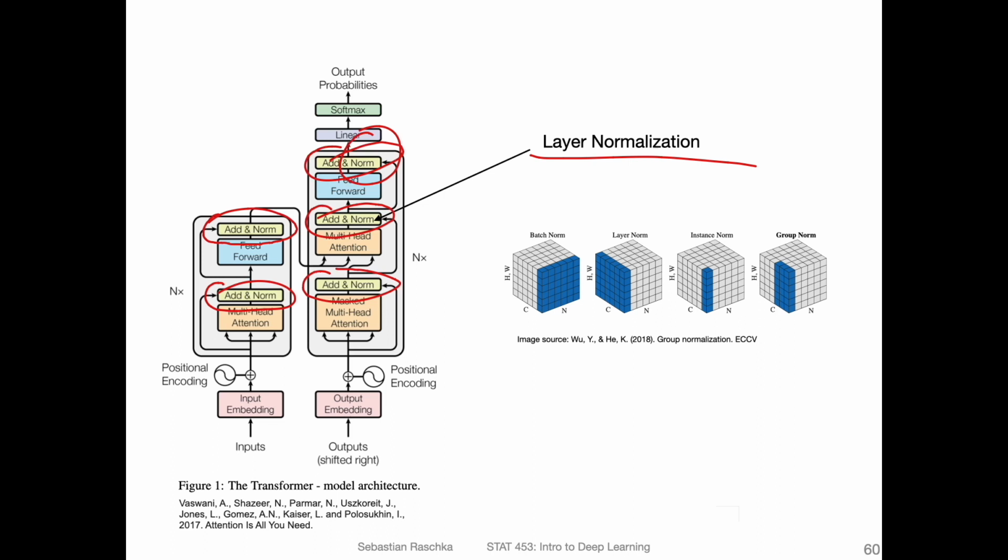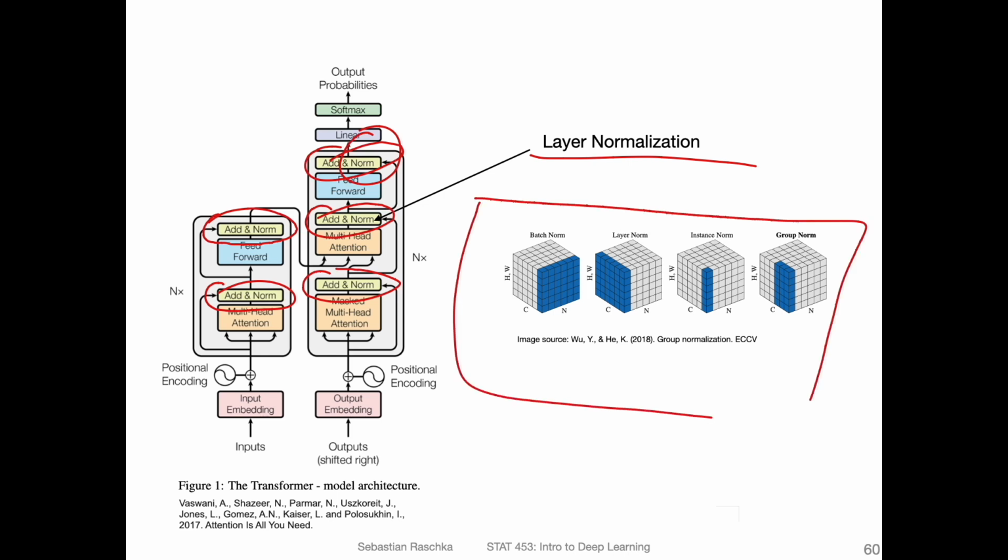But it is essentially related to batch normalization. Here's a visualization of the different common forms of normalization in convolutional networks. It's from a paper called Group Normalization. So we are focusing now on batch normalization, and this is shown here in the context of convolutional networks, where, as you remember, we are normalizing across the batch dimension.